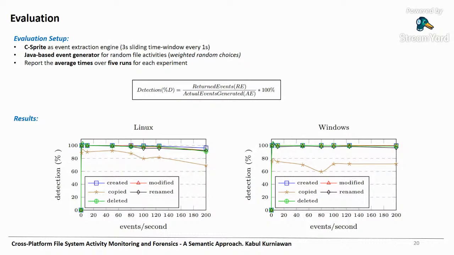In Linux, all events can be detected close to 100% for all frequencies, from 1 event per second up to 200 events per second, except the copy event, which reached a maximum of 91.89%, which is mainly caused by incorrect pairings of read attributes and create events when micro operations generated by 2 or more sequential copy events appear together in the same window. And for Windows, the event detection performance for create, modify, rename, and delete events is higher, with almost 100% of events detected for all frequencies. However, the copy event detection in Windows achieves a lower detection rate with a maximum of